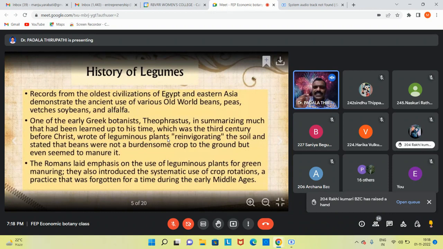So that is the method applied in crop rotation, which is helpful for improving resistance to pathogens, improving soil fertility, and also better utilization of nutrients. Okay, so crop rotation is very, very important. It is a practice that was forgotten for a time during the early Middle Ages. Crop rotation methods. Okay, then